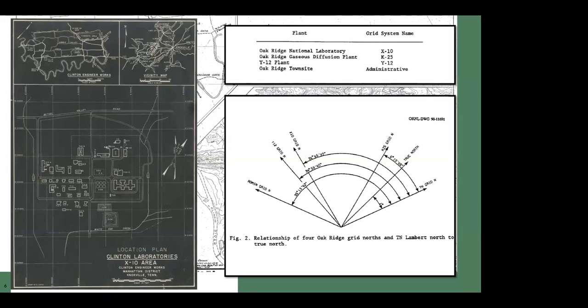Okay. So I had a colleague, Phil Coleman, who wrote this famous software called TORC, Transformation of Oak Ridge Coordinates. And if you did not know that, you could not ever decipher where the things were.